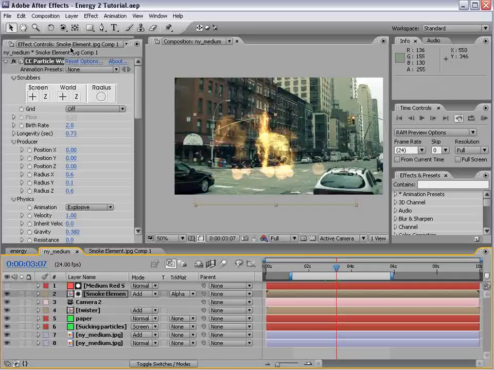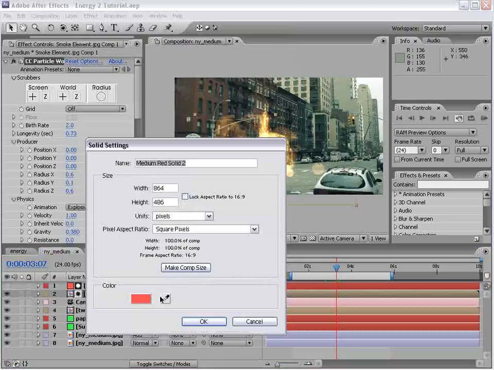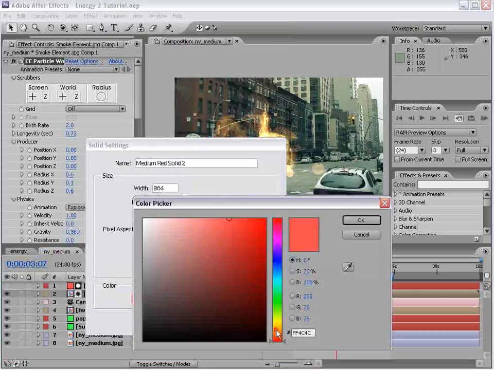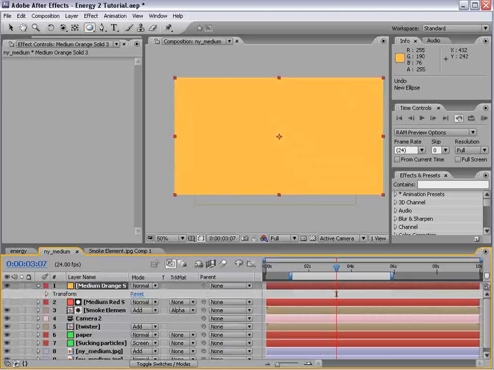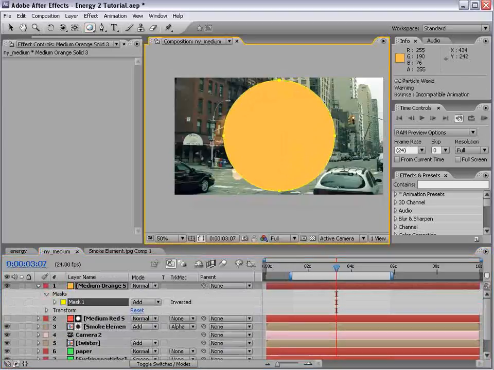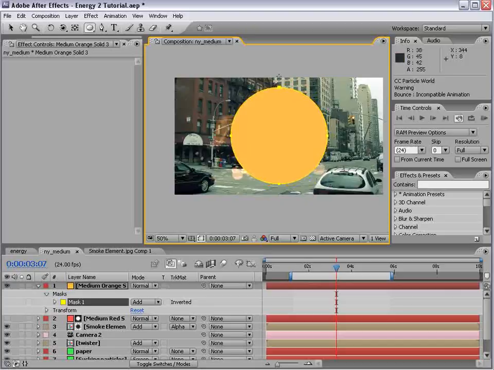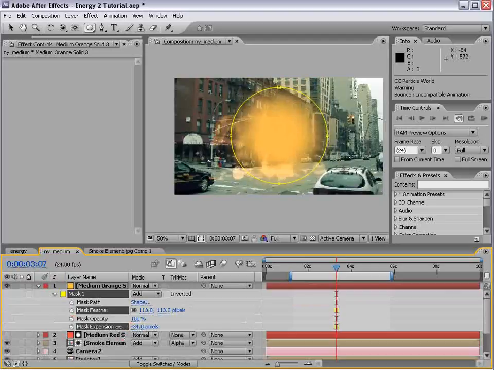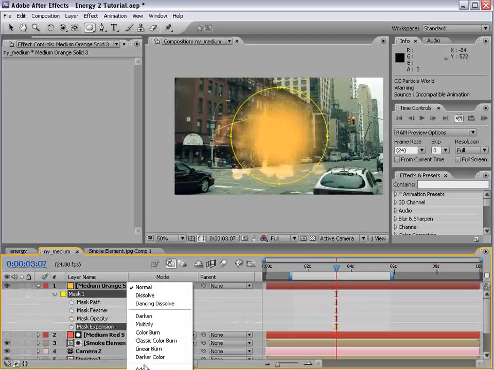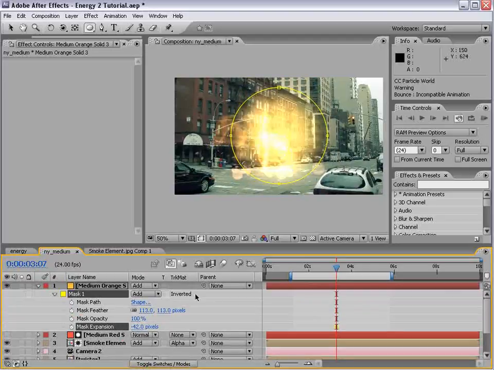Now we want to create the light on the floor. So we'll create a new solid, and we'll make this one sort of yellowish orange. We'll take the circular mask tool, and we're going to add a circle here. Hold down Control Shift, and it'll keep it conformed. Hit F, feather it, and bring the expansion in just a bit. And we'll change it to add. Turn it to a 3D layer,